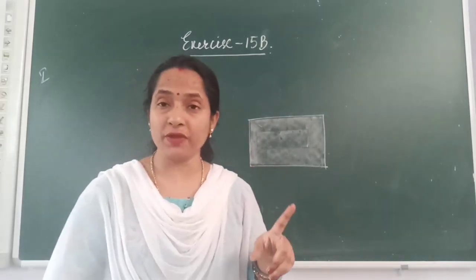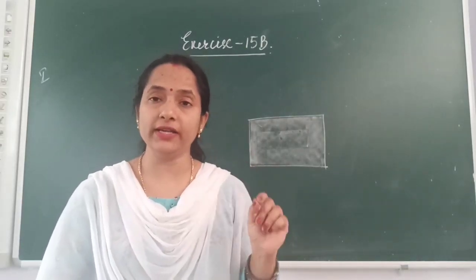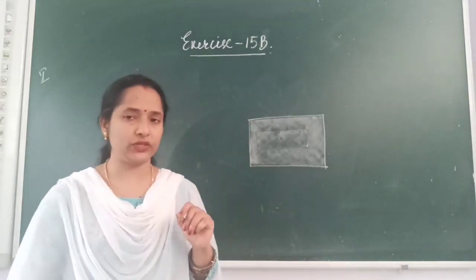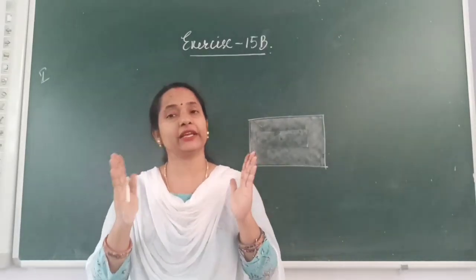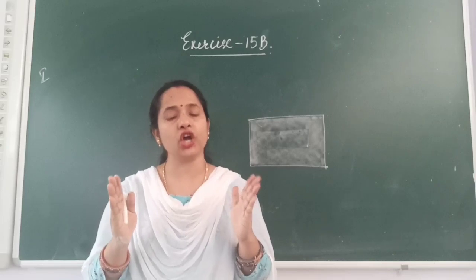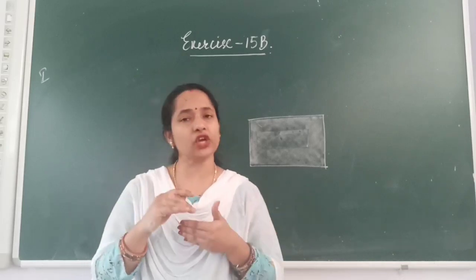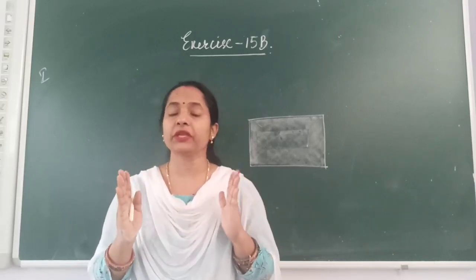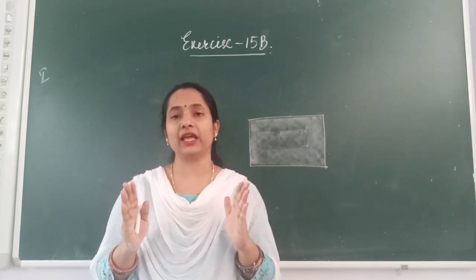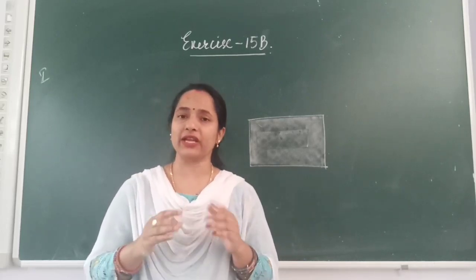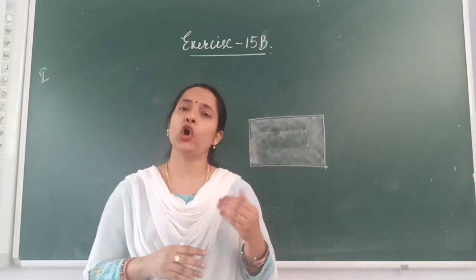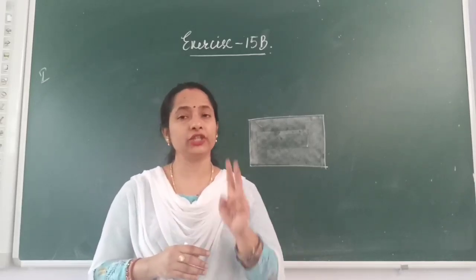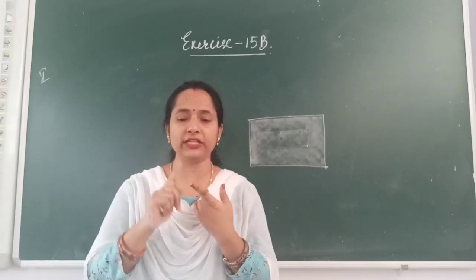Always you should be very careful while deciding which one is the length and which one is the breadth. Already we know that in a rectangle there are a pair of longer sides and a pair of shorter sides. Whatever the pair of longer sides are, they will be called the length, whereas the shorter sides will be called the width or the breadth. So here two dimensions are given, 30 meters and 40 meters.